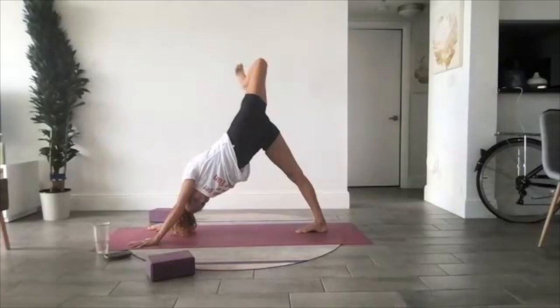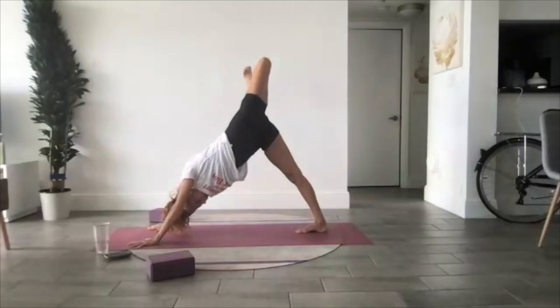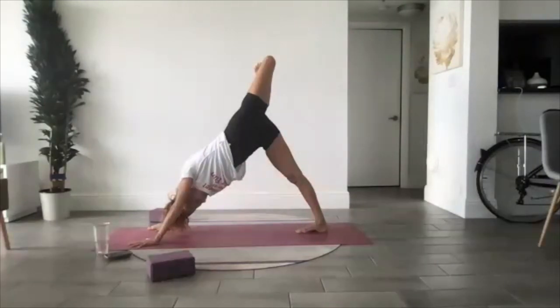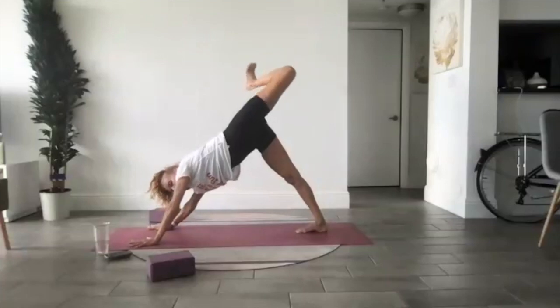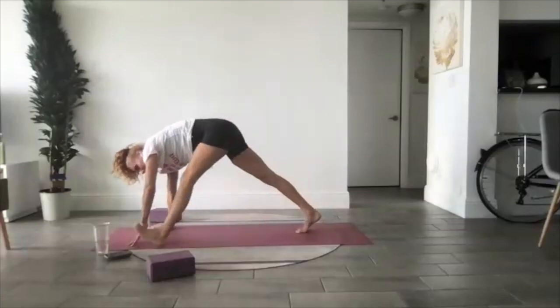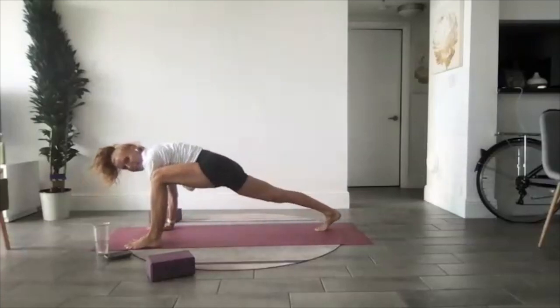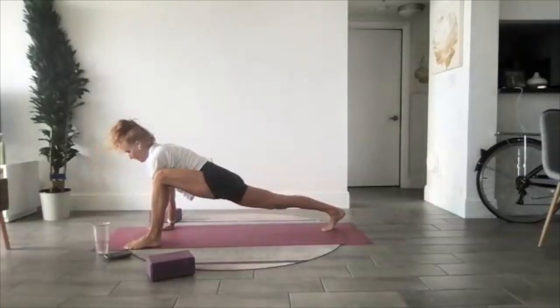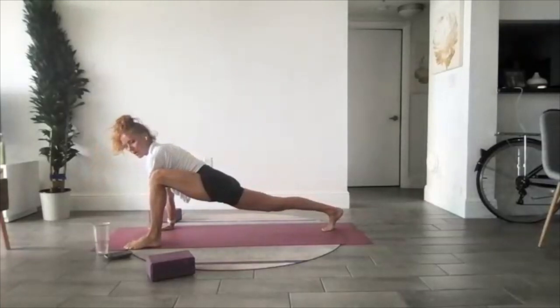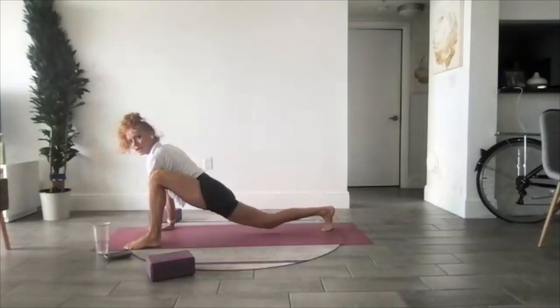Okay, so that's kind of like a big part of class today is making sure that the right hip squeezes in, the bottom hip firms in, and the top hip rolls open to stretch the inner right thigh. Step, left foot, outside edge of left hand, lizard lunge. Yep, squeeze in, wait for it, make the right leg longer, pull the heart forward, and then lower your back